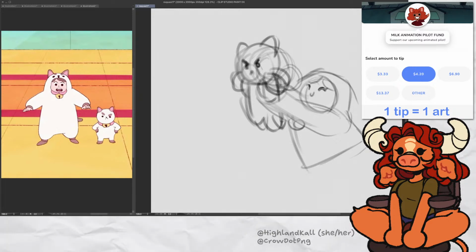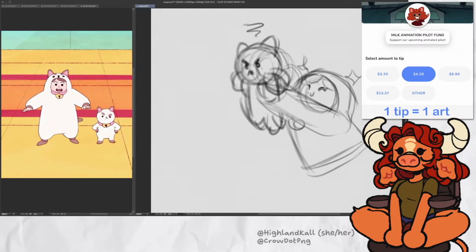I forget if PuppyCat has a tail. It's not visible in this shot, so I guess I'm not going to worry about it. His little feet in there. Make him a little bit fatter.